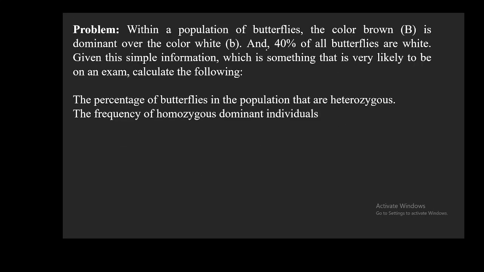Now this is a question you can solve again: the color white is recessive, and 40% of the butterflies are recessive. It means q squared they have given as 0.40. q is equal to the square root of 0.40. p is equal to 1 minus q, which will be 1 minus the square root of 0.40. And now you can calculate the number of heterozygotes, which will be 2pq. If you do this calculation, the square root of 0.40 is equal to 0.63,